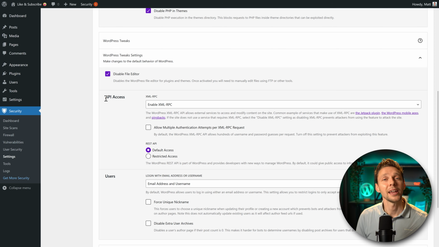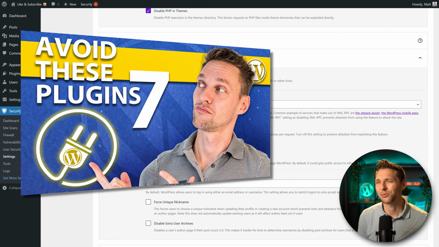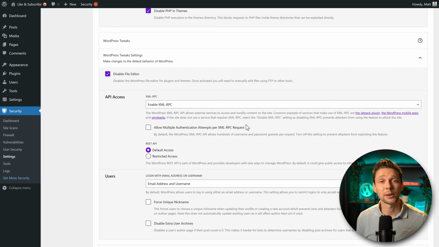Then we have over here the API access, XML RPC. It's become more of a curse than a blessing these days, because they will use it to automate attacks on your website. If you don't use services that use XML RPC, like the Jetpack plugin, I really don't like it, so don't use it. It will slow your system down extremely. WordPress mobile apps, all these things make use of the XML RPC.